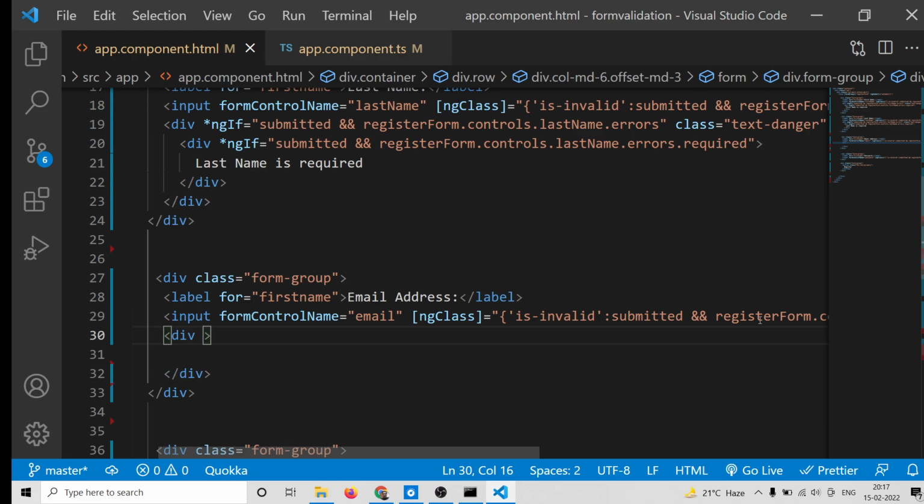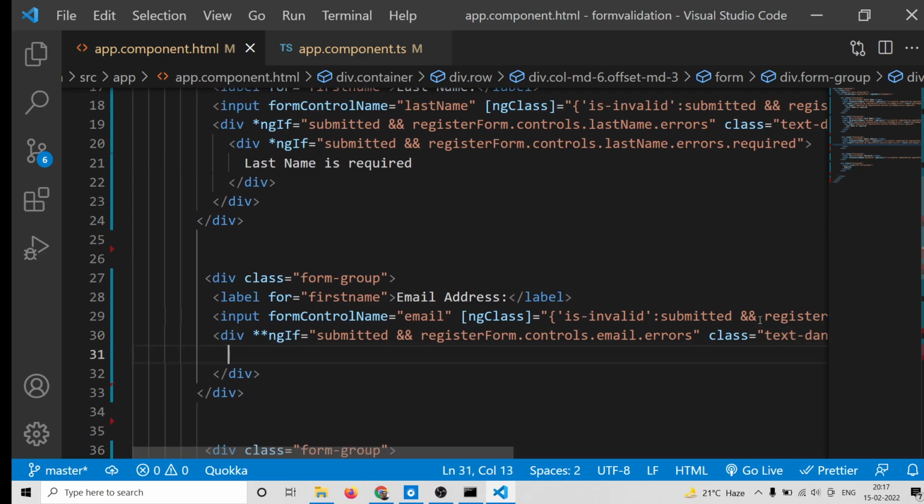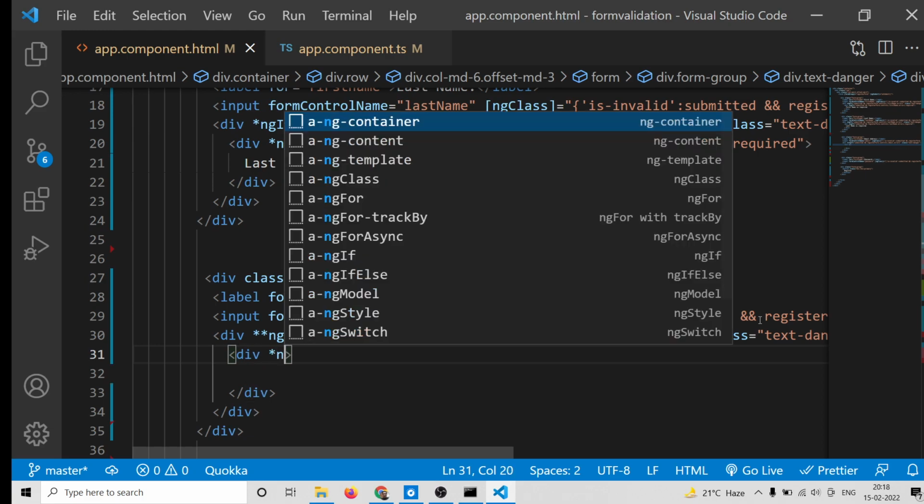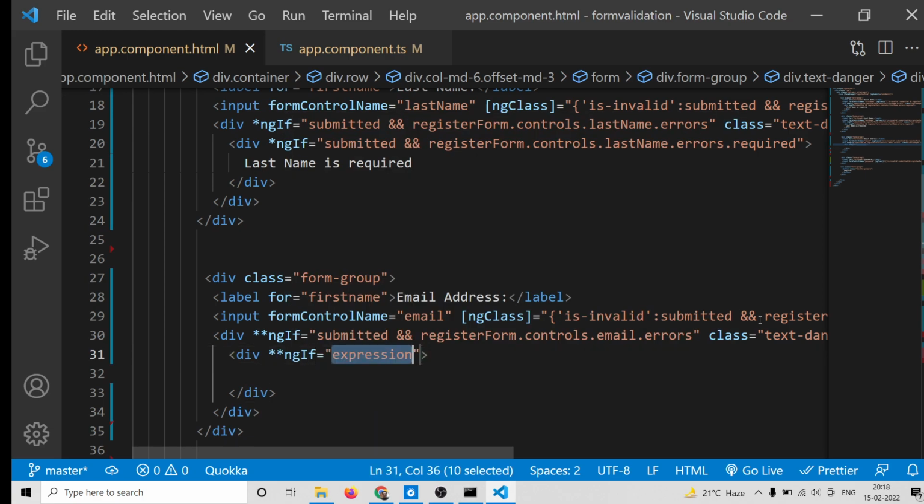So here again we will have an if condition, if the form is submitted, and register form controls email errors, and we will give it a text danger class, and again we will check in the if condition, if the form is submitted, and